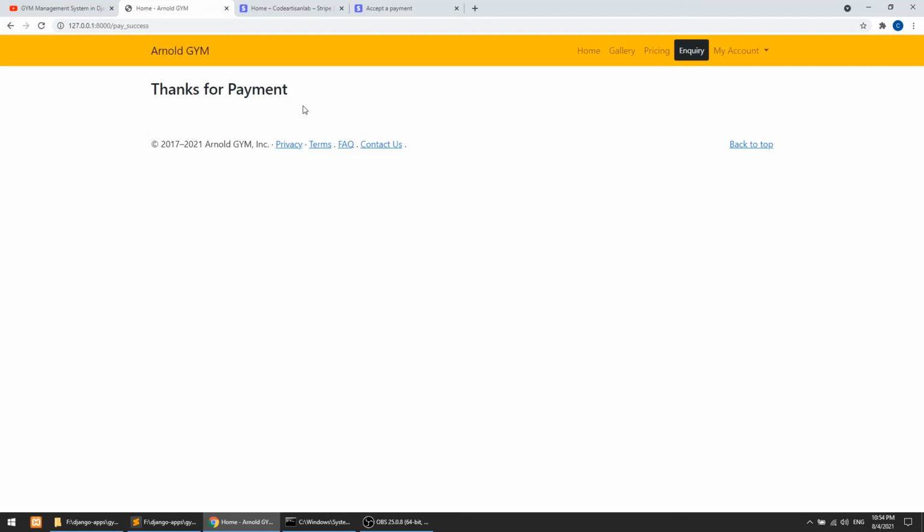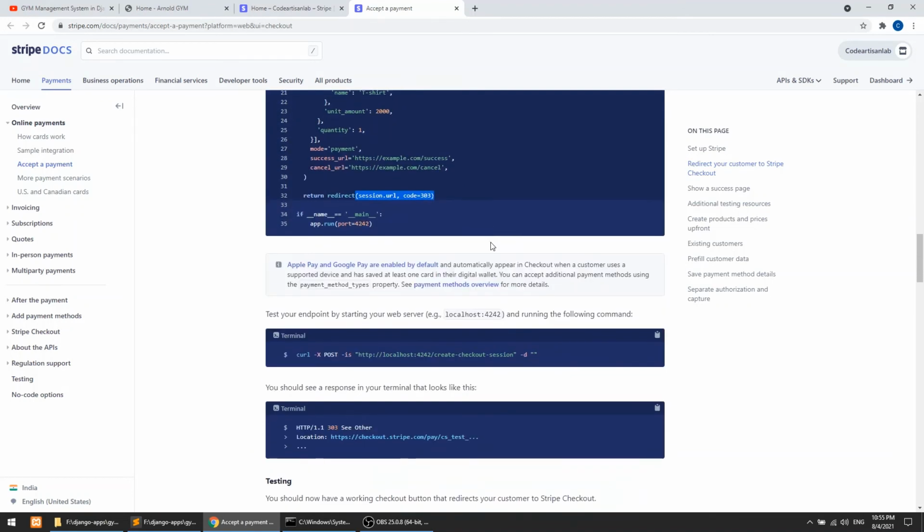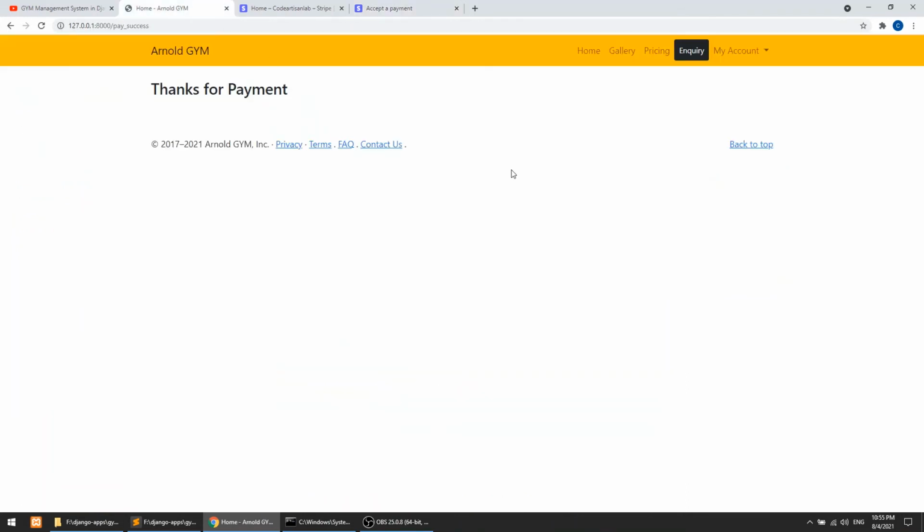Okay, so I hope you understand all the things, how we can integrate. These are just basic and simple steps you can explore. They have lots of things to do in their payment gateway. You can explore that according to your requirements. These are just simple steps according to our gym management system pricing plan. And if you have any complex requirement, then you can explore that. Okay, now one thing more we need to do.